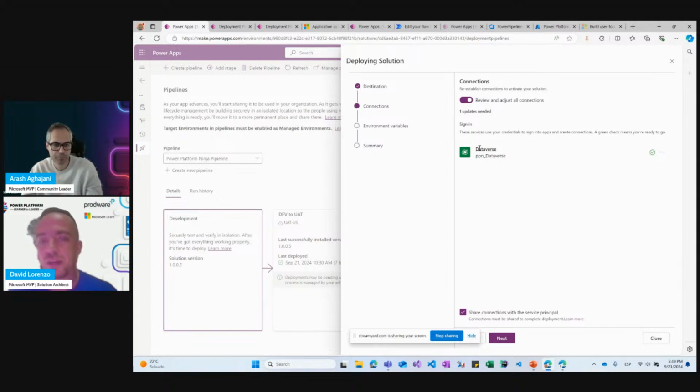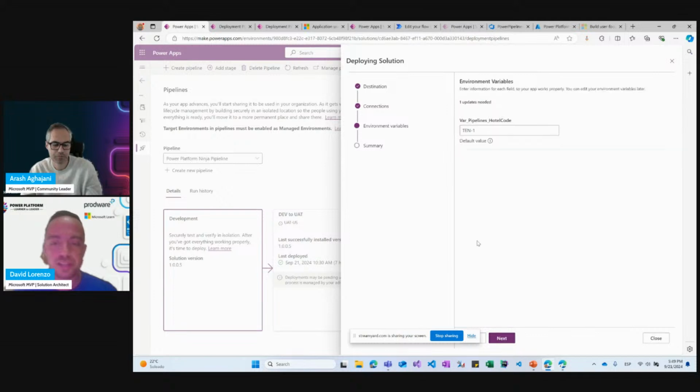In this case, we are connected to Dataverse, so the connection is okay, but we of course can add a new connection here if we want. We check, this is very important, we check this box because we need to share all the connections with the service principal in order for the service principal to be allowed to use them in the target environment. So we hit next.